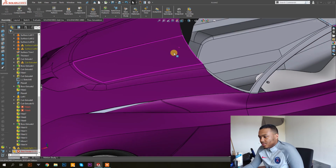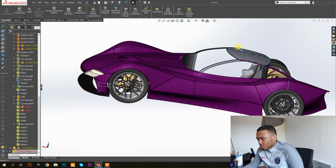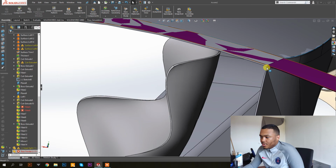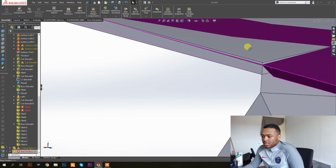And you can also see that on this component I need to cut it off right here. So that will be a little bit of a challenge to figure out how exactly that will work, but we'll make it work. So that is another thing,